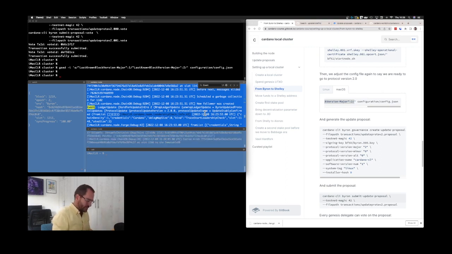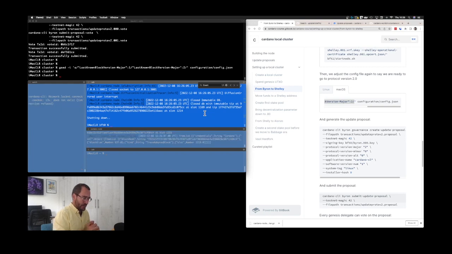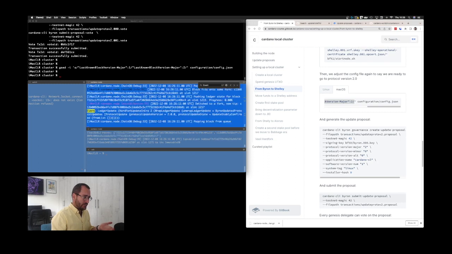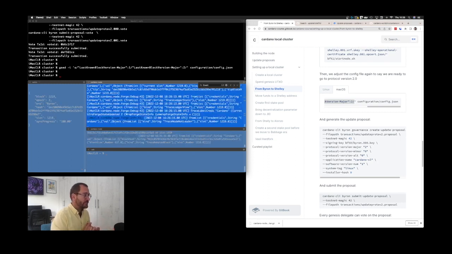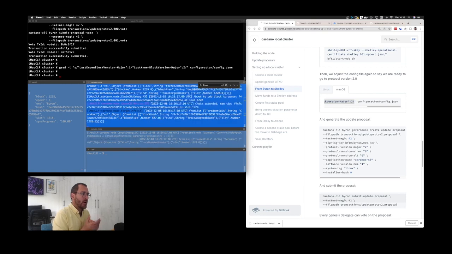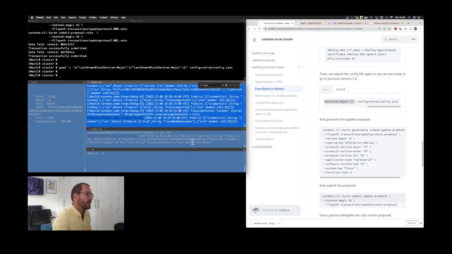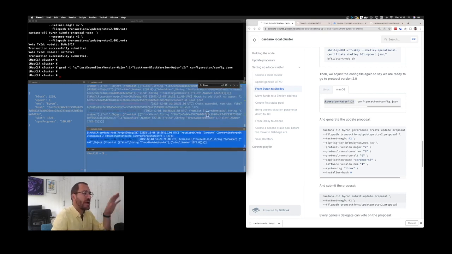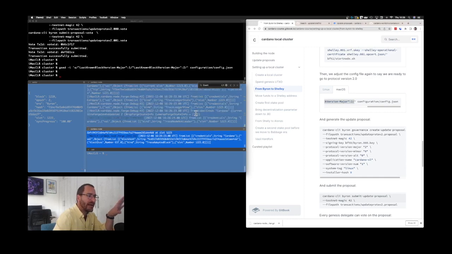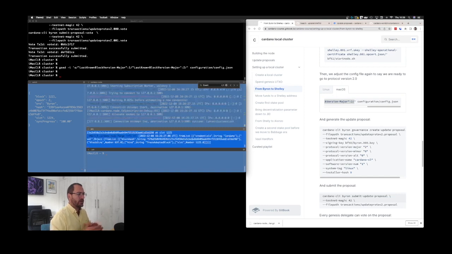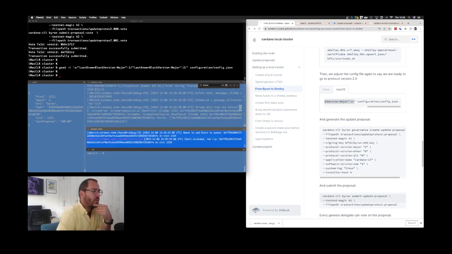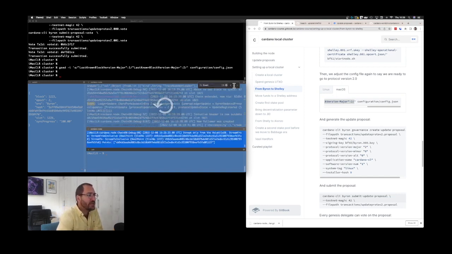So let me start with BFT0. I'm gonna Control C to stop it. I'm gonna run the starting script again, and there we go. Our blocks will now be saying that we are happy to move, and we go and do the same for BFT1, and we should see